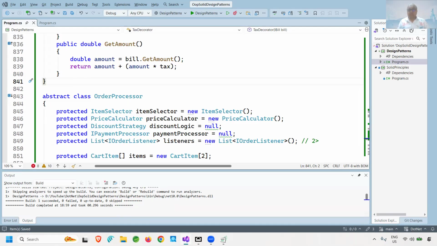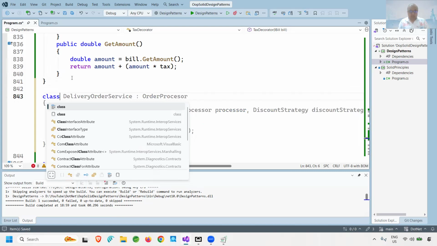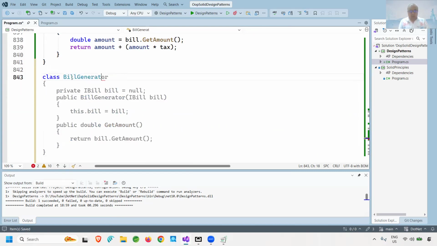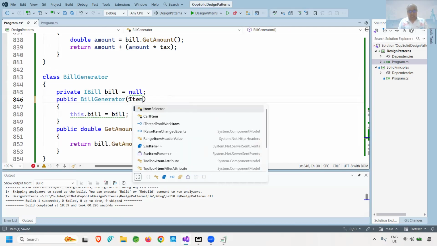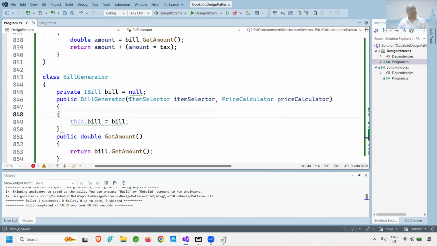To implement the builder design pattern, let us create a new class, and I will create a class called bill generator. You may also name it as bill builder or any other class as of your choice. In this class, I will encapsulate my basic iBill interface. Now, while creating a new bill over here, I need at least two things, I guess item selection and the price calculation. Using that, I can create a new bill first, and this particular bill is ready,